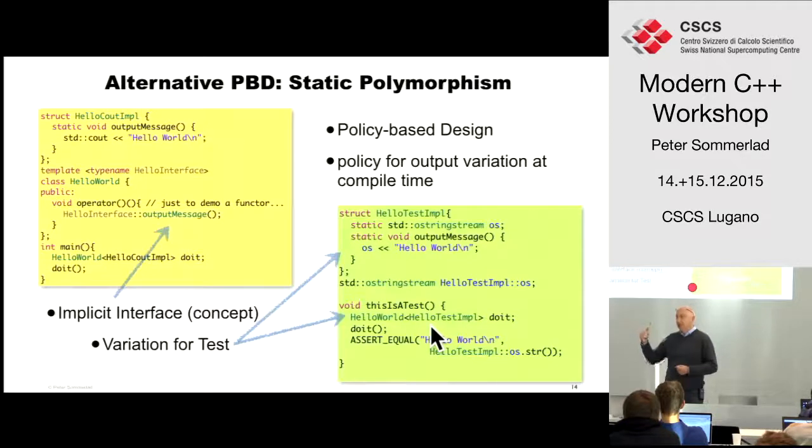The good thing is that this kind of code can be inlined, it can be performed optimally. Even though you have this variability, you wouldn't pay the penalty for any kind of indirection or overhead because everything is resolved at compile time and can be inlined. With the virtual function interface, you always pay the penalty of the indirection plus the penalty that it cannot be inlined by the compiler, because when it compiles the hello world class, it will not know which function is actually being called, so it will not be able to inline it.